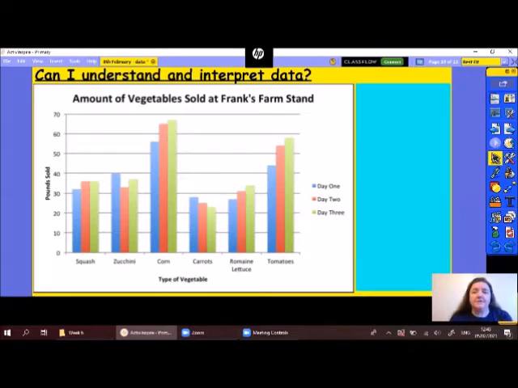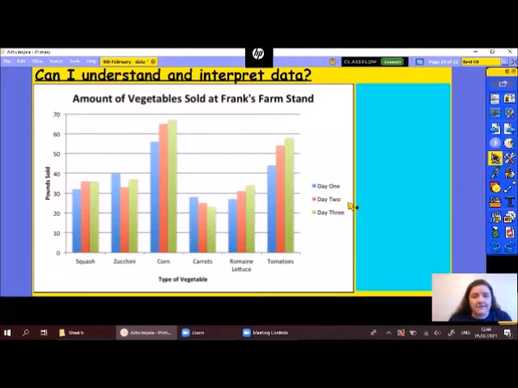So this chart shows us, as we can tell from the title, the amount of vegetables sold at Frank's farm stand. And if you look at the key at the side, you'll see that the blue bars tell us how much was sold on day 1. So you've got the different vegetables here, and each one has a blue bar. That shows us how many were sold on day 1. The red bars show us day 2, and the green bars show us day 3. So we've got 3 days worth of information here